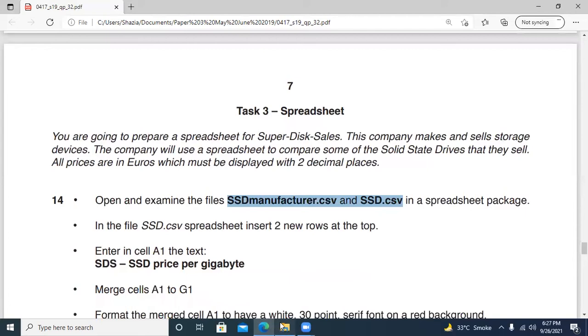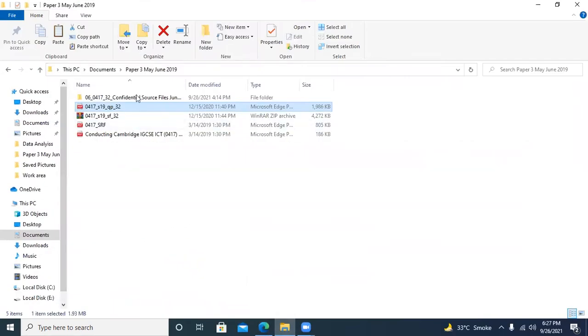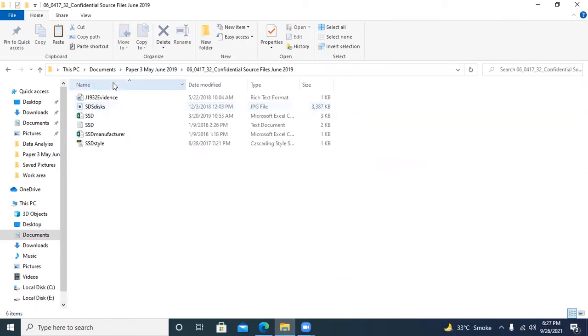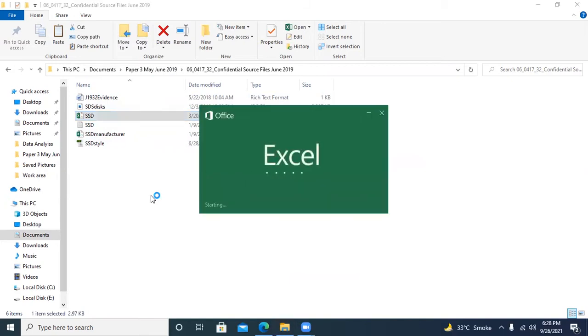I have created my work area here, on this P3 May June 2019, and these are the required files which I'm going to use. I have to open the files step by step. Both files I would open on the taskbar and place them and use them one by one.